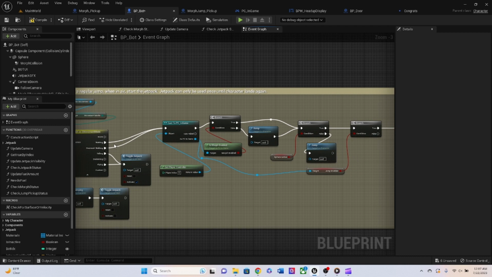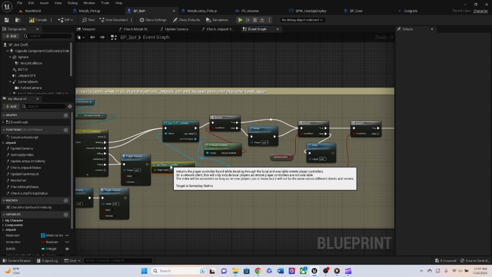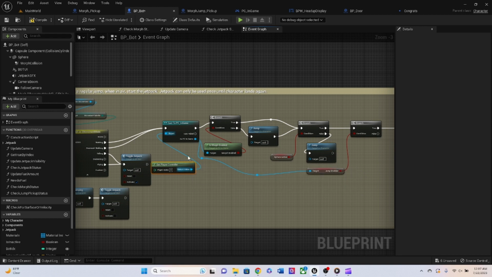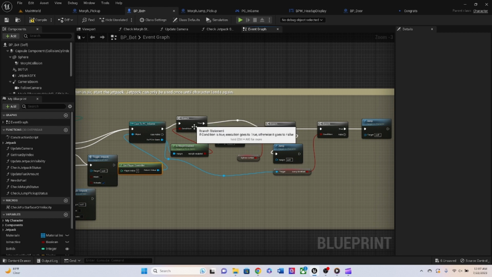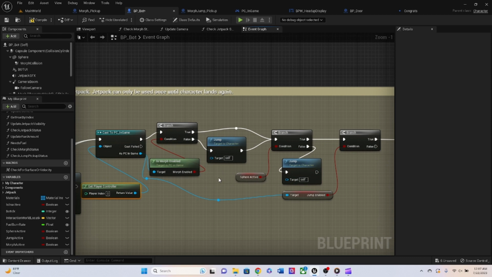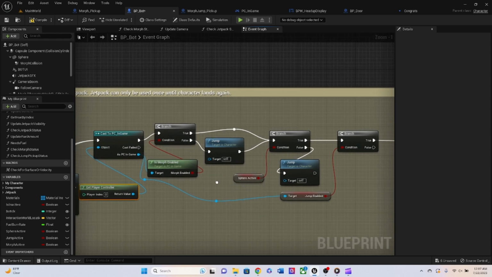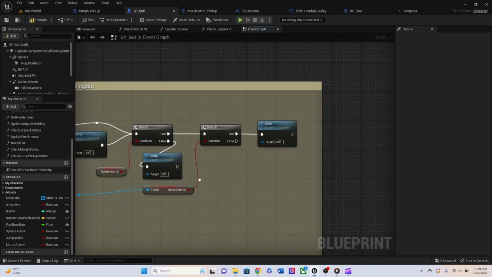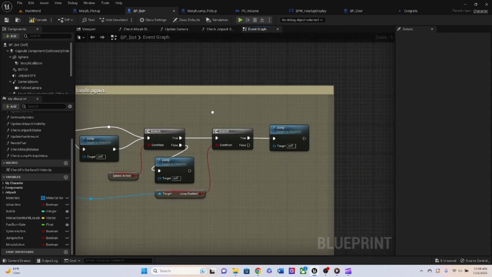Essentially, I had to make it so that the jumping would automatically be set to the player controller, to ensure that when it was a bot, the player could still jump. And then I would give it conditions to see if the morph was enabled. If you're within that sphere form, is the sphere morph active? Is the sphere active? And if all these conditions are met, then it would allow the player to jump as the sphere. With this variable here, jump enabled, essentially allowed me to